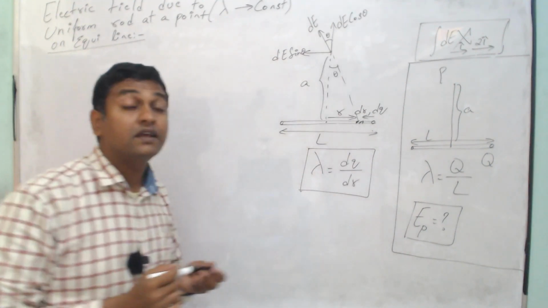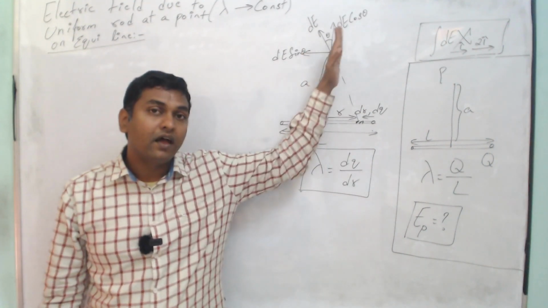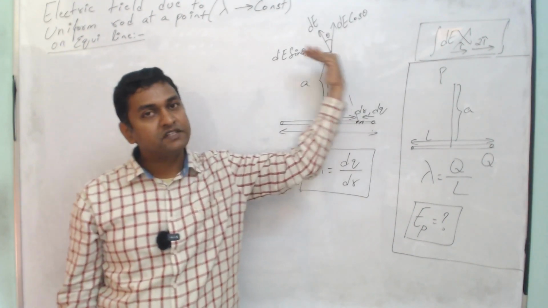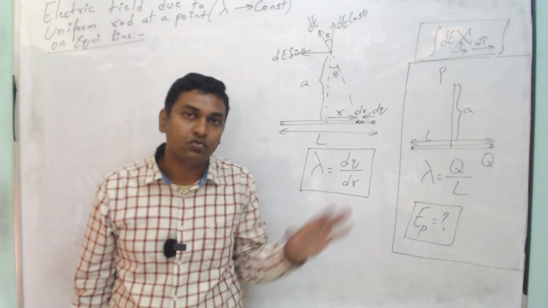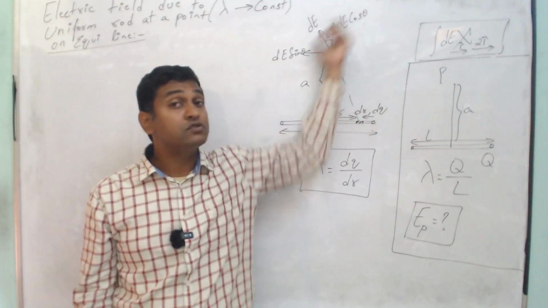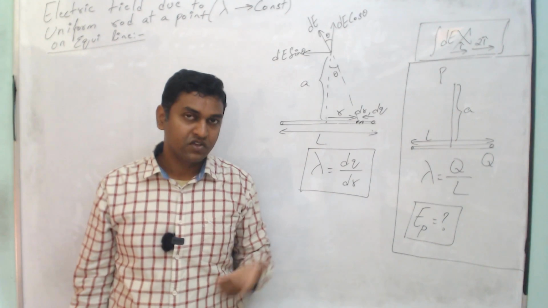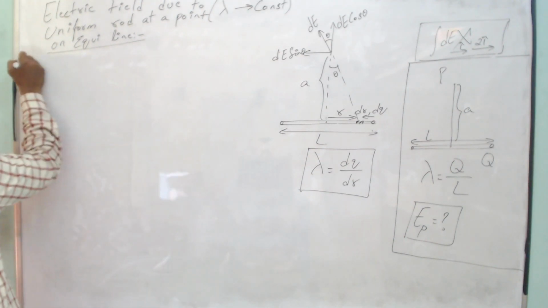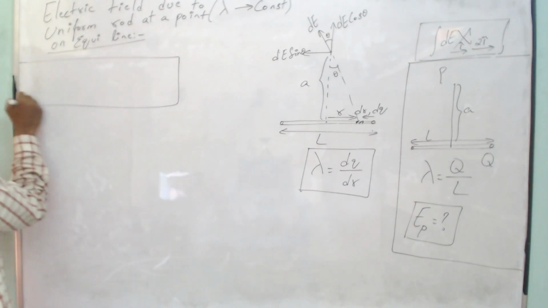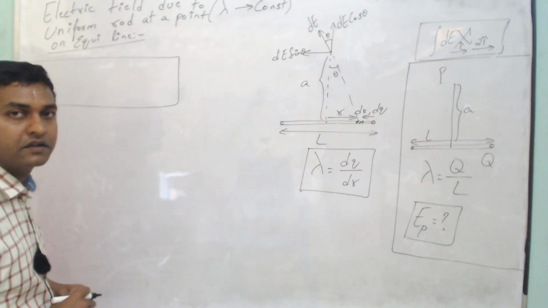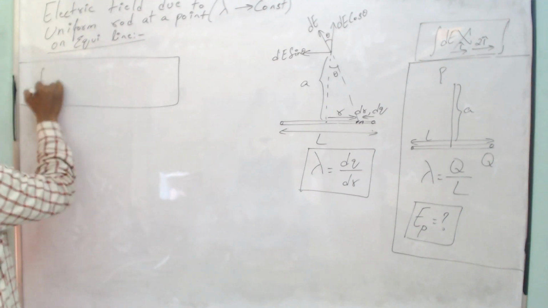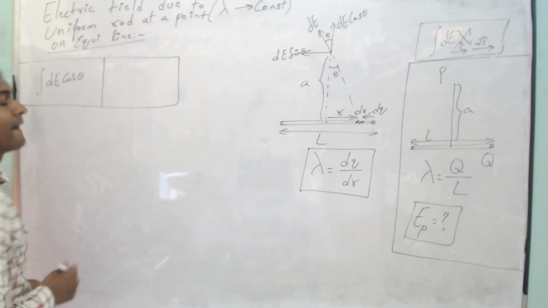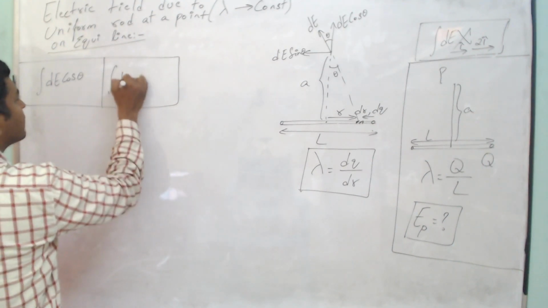Now, by taking components, what did I do? I have fixed the direction of this dE cos theta component. Yes, sir. And fixed the direction of dE sin theta component. Yes, sir. Now I can individually integrate it. Yes, sir. Is this clear? Yes, sir. Now, so basically to get the net field, I will do integral of dE cos theta, correct? Yes, sir. And then I will do integral of dE sin theta,